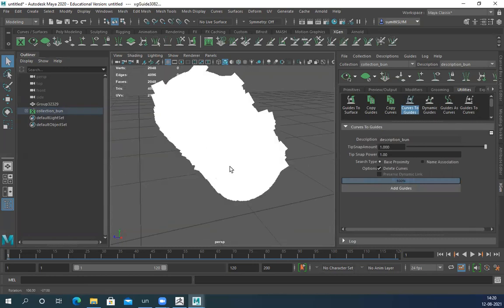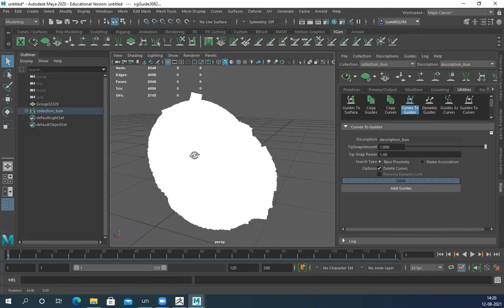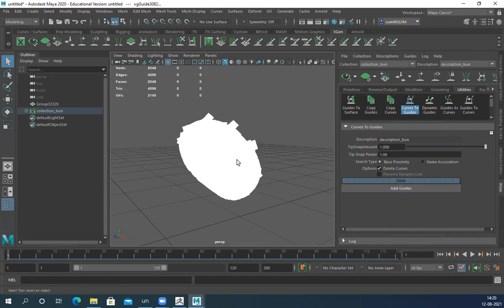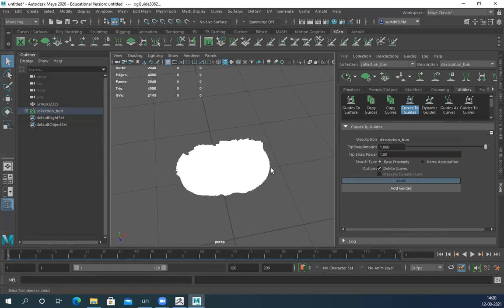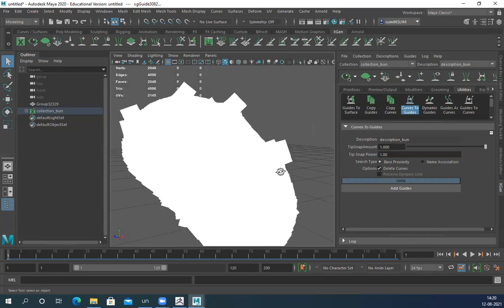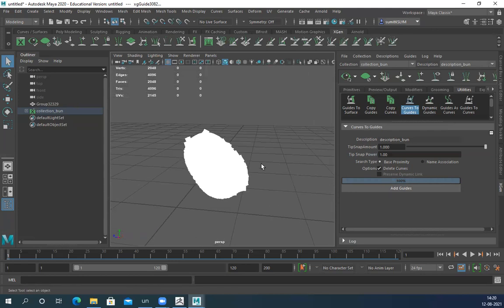Done. So now you can see it generated hair cards automatically. But one thing you have to keep in mind: for rendering hair and fur and everything, you need to scale the model according to your physical scale. Basically, take a standard 6 feet height, because right now one box is 1 centimeter by default. So this is really small. That's why each and every hair follicle is way too thick, way too big. If you increase this, it will fix the problem.